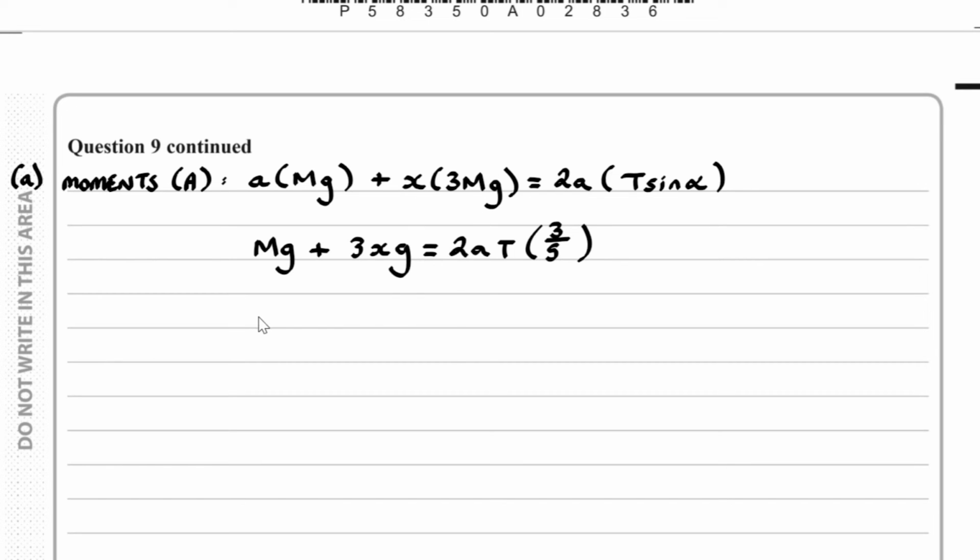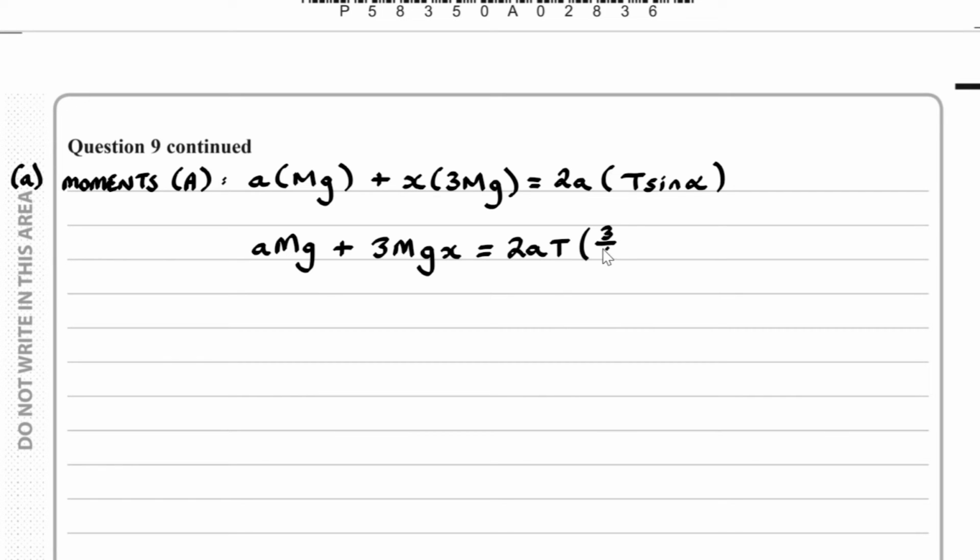So I've got 3m here. I've got mg plus 3mgx, so I can factorize out an mg. And inside, rather, we need to include the a's. So just start again. So here, if I include the a's, I've got a mg plus 3mgx equals